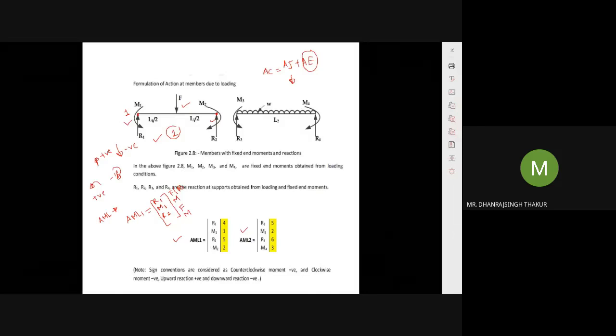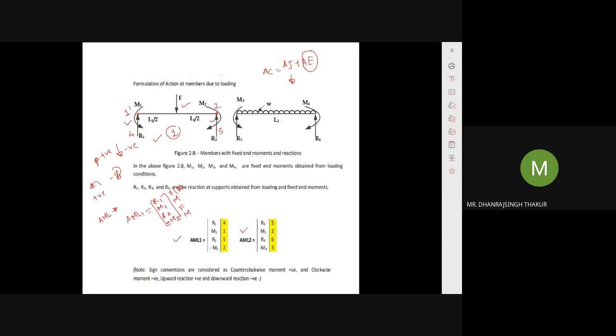What is the sign convention in the stiffness method? Clockwise negative. So we will write minus M2. So R1, M1, R2, M2. M2 is clockwise, therefore minus. Reaction, moment, reaction, moment. And what is the coding here? That is 4152. Already we have given it here. This is 4, this is 1, 5, 2. 4152. I had just explained this to you in the skeleton diagram.